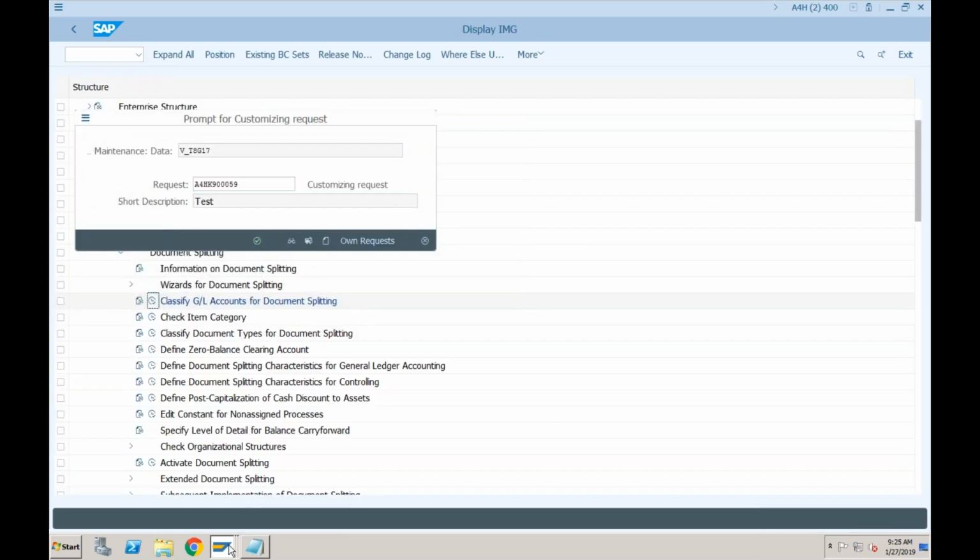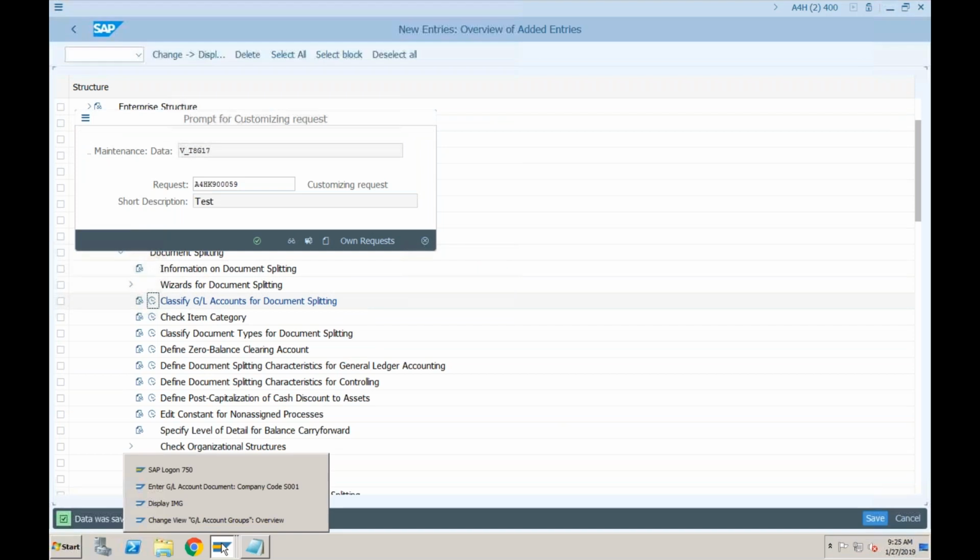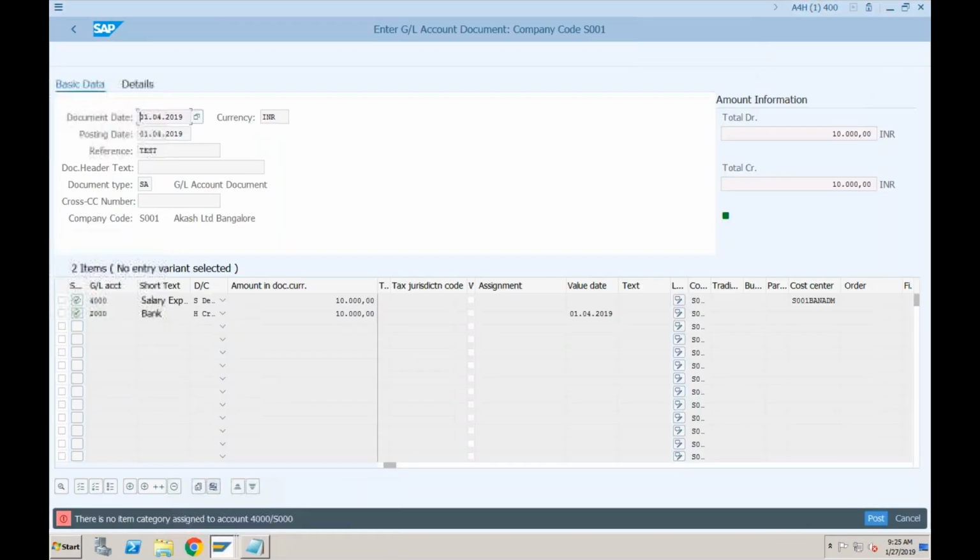Okay, the next time when you try to post this document, this error will not come. So maybe I need to go out, or let's try to post it once again and see. No, we have to go out and try it again. So FB50, sorry,